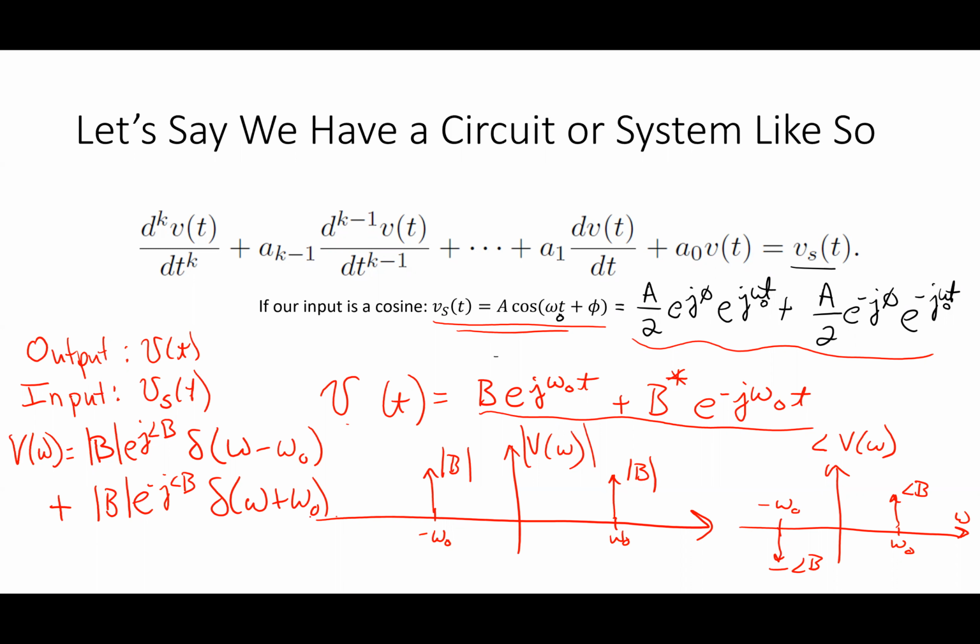So he says a complex function of frequency, right? So complex function of frequency means that I had to make two graphs. I had to do one for the magnitude and one for the angle. All right, so